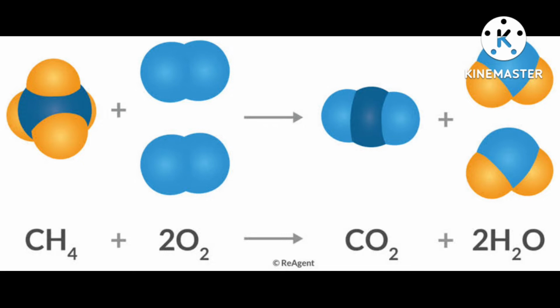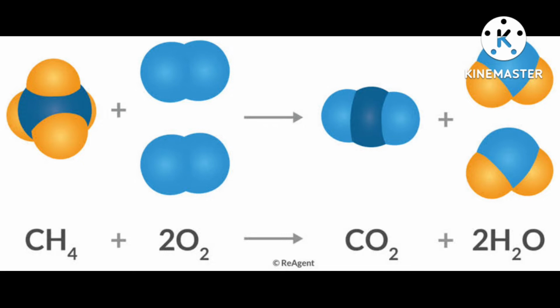Here all are in the gaseous state: methane is already a gas, and oxygen is also a gas, hence for both you should write a small g in brackets,